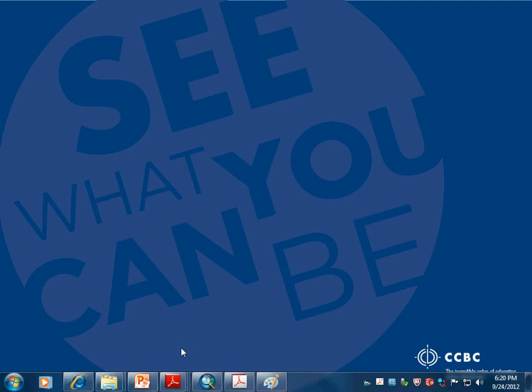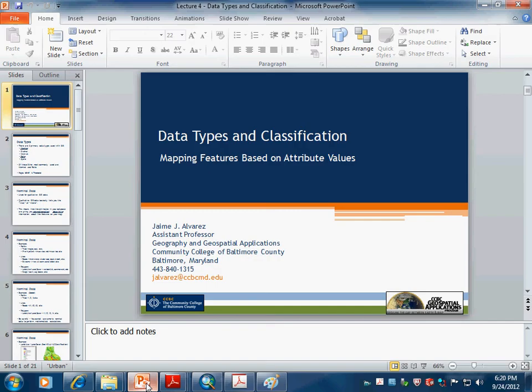So here we go with lecture number 4. I'm going to go ahead and pop open my PowerPoint slides here for just a second, but I'm going to go through several of the items that we have down here at the bottom that we're going to talk about. Data types and classification. We're mapping features based on attribute values, attributes in our attribute tables for our points, lines, and polygons and rasters. So the first video here we'll talk about data types, and then I'll switch over to